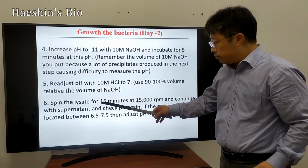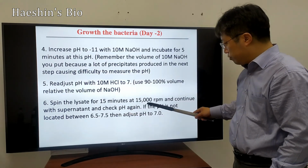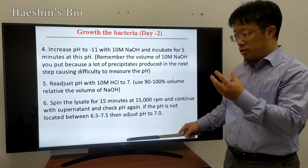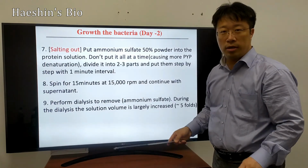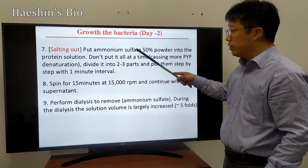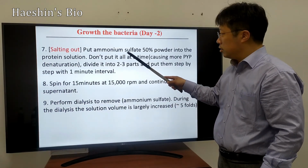Okay, so in the previous step we had the supernatant, which is after this centrifugation. So we have a lot of different proteins in this supernatant now. And then the next step is salting out, actually. The salting out I explained before, that we will put ammonium sulfate, which is this ammonium ion and sulfate ion,